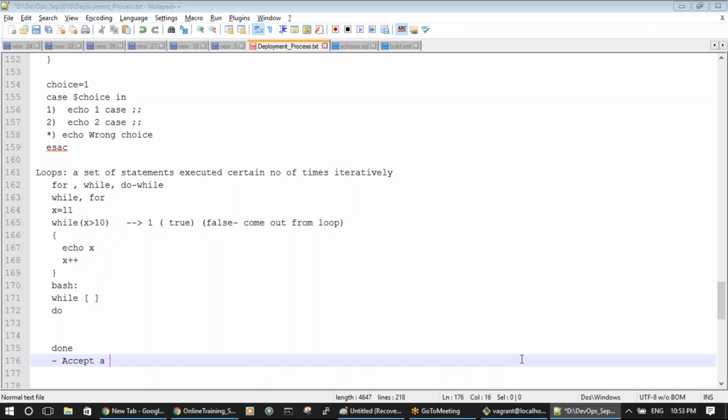Accept a string from the command line. Okay, if it is more than 5 characters, okay. Else,